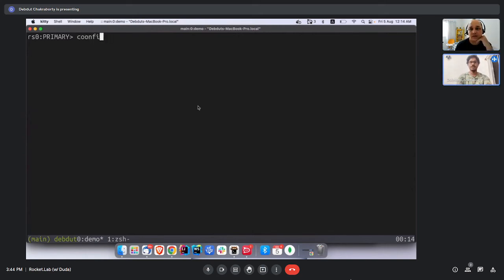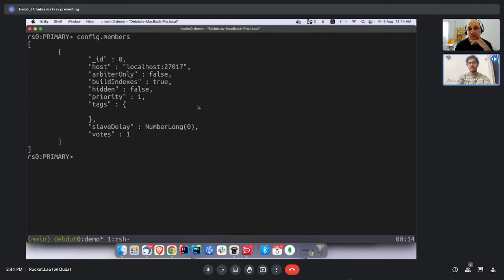So I'm going to do config for members. This is going to be all the members. And then I'm going to get the first member and change the host, and then just get into the host. Awesome. And I don't want to use the replace function, but I think it's easier to change it manually. Now in this case, basically, we need to change it to Mongo, but a big but,